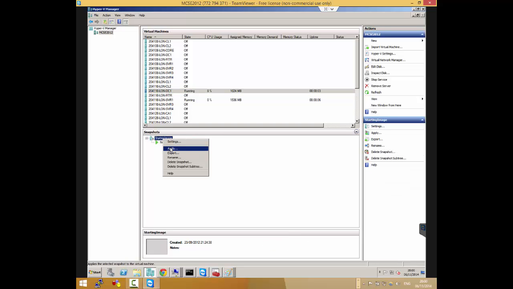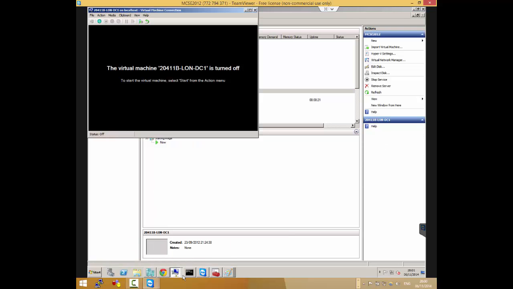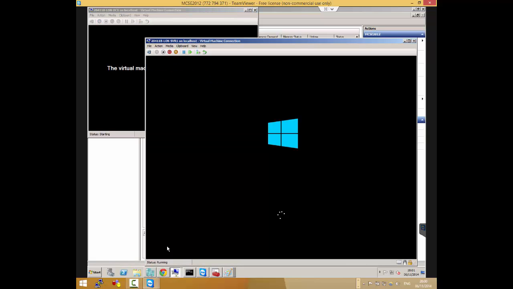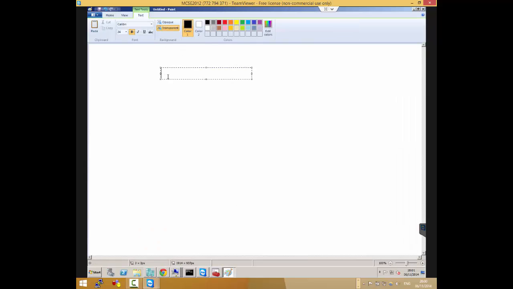Actually, on this one, let me move it back because I might have worked on it. And then let's start it again. We have DC1, and then we have server one. So we're going to deploy one in the short time that we have, so we'll probably make it one of our projects.